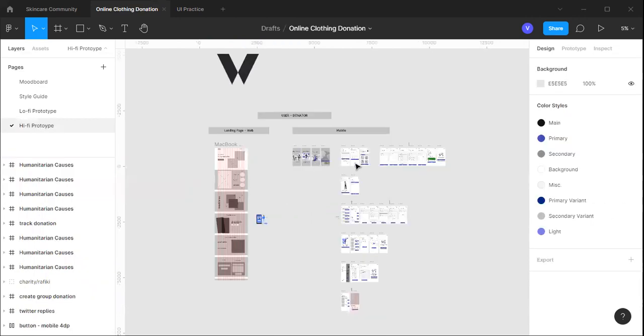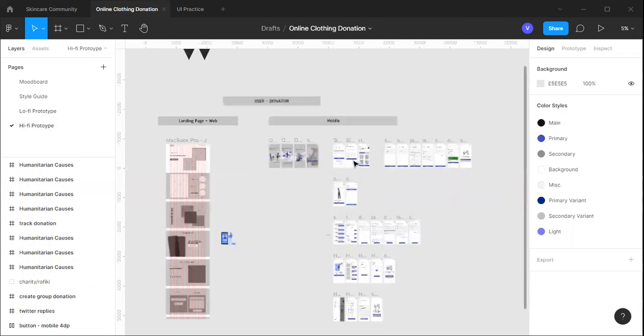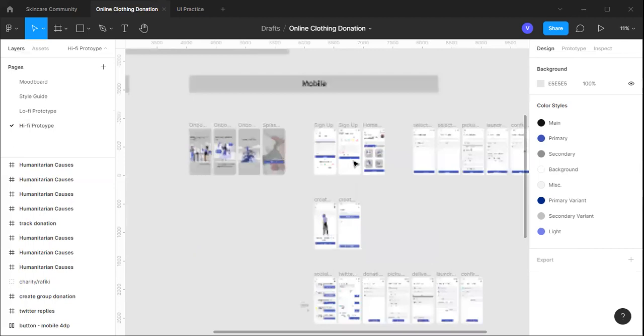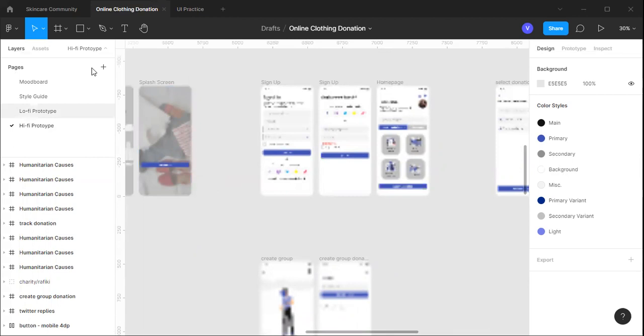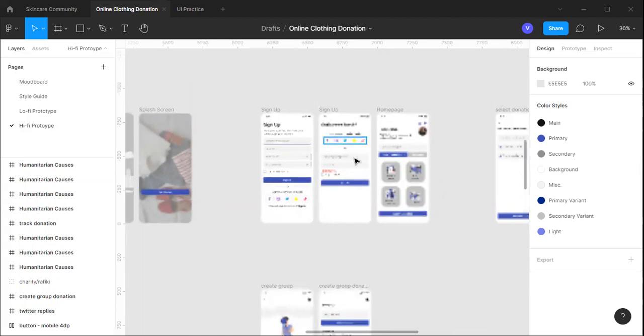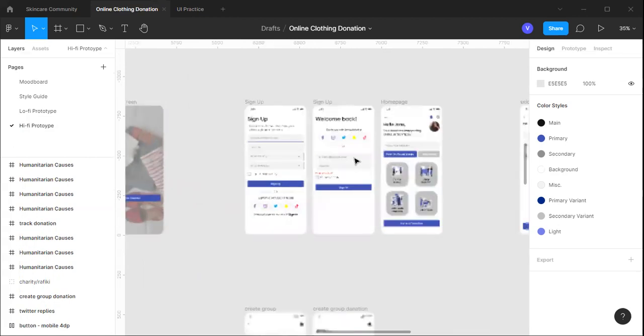So this is my hi-fi. Okay, so they're on the same link, the same workspace, hi-fi and lo-fi? Yes, they're on different pages. You can see that these are pages. They're on different pages, but it's the same link, the same file, the same Figma file. So you can create different pages on one workspace. All right, so this is the hi-fi. Yeah, it's just one workspace. See, I've added